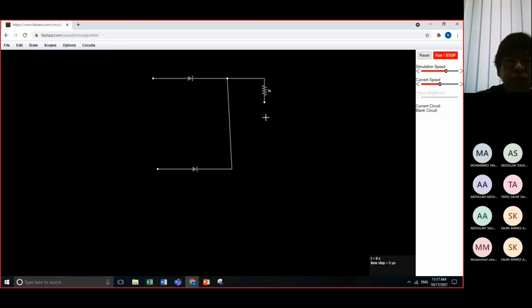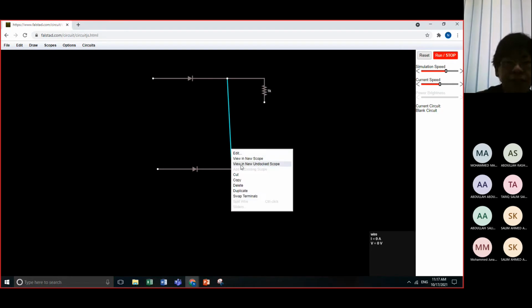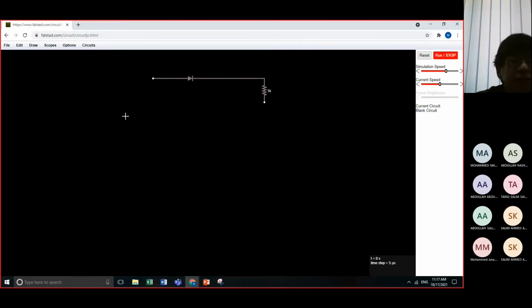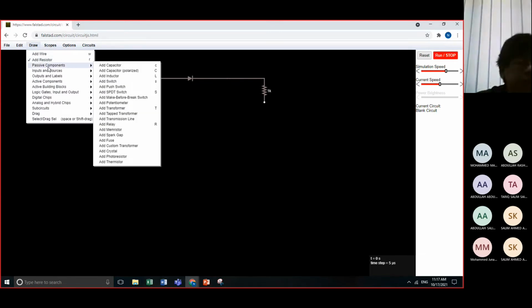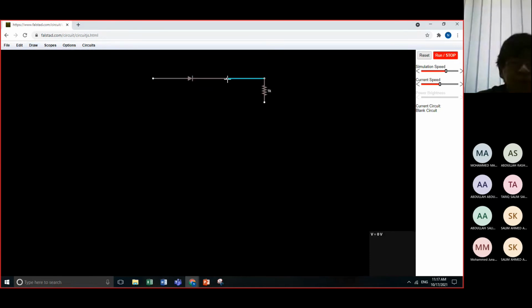So as much as possible, class, make your line a good and straight line. So we will remove this cut so that it is presentable. So draw a diode, active, right? So add wire first so that it is straight.